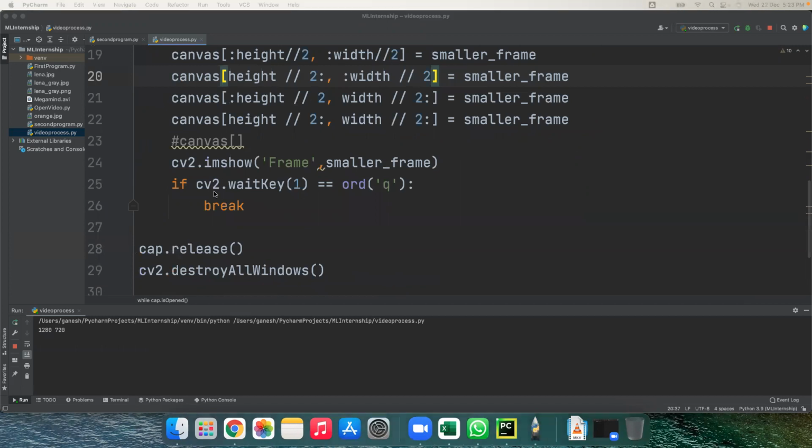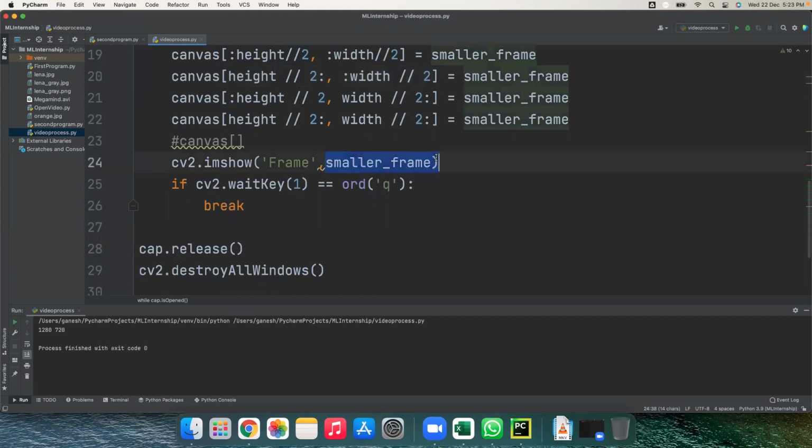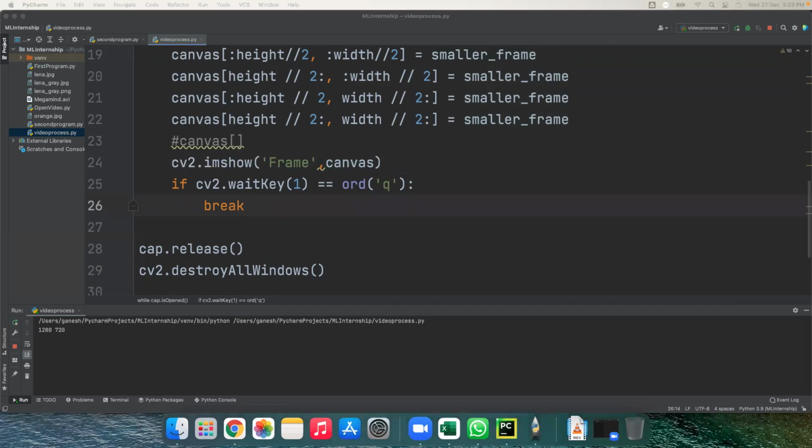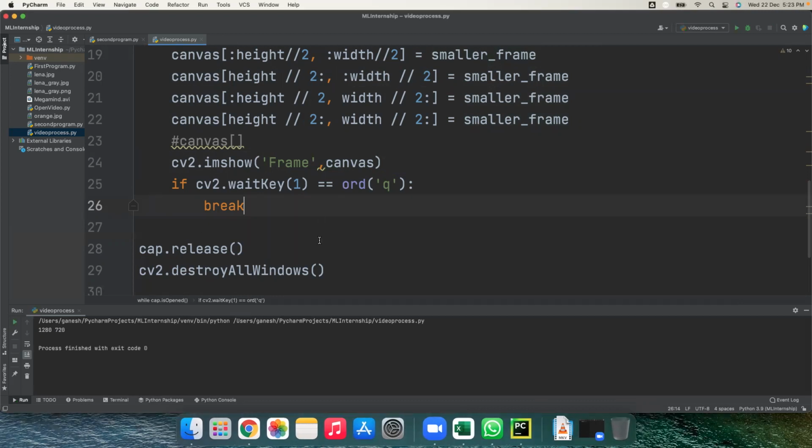Okay, so it should be canvas. Let me try it first and then you try. Yeah, it is showing the same output.